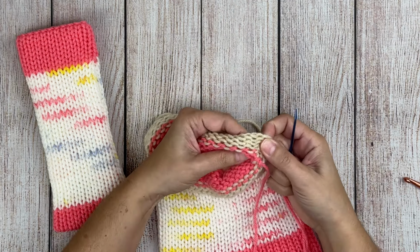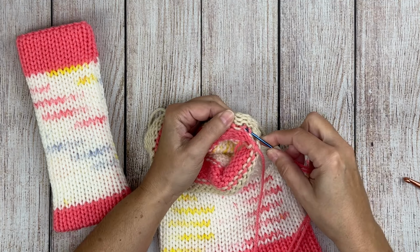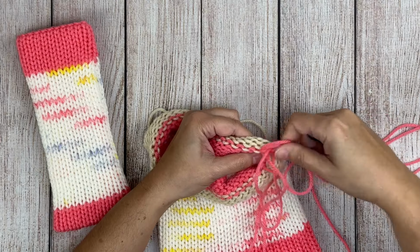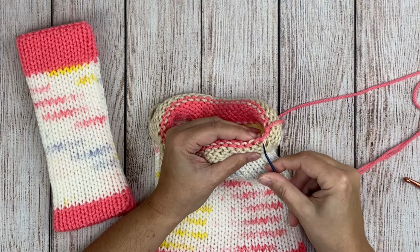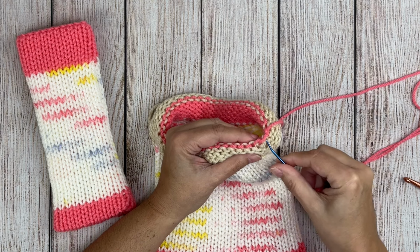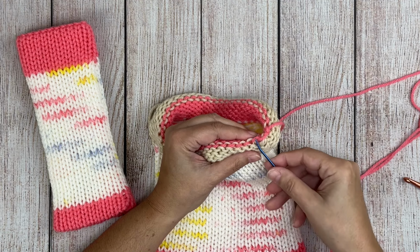Now on the top side we're going to go down through the tail stitch from the front to the back, and then the next stitch we're going to go back to the front and pull that yarn through. Again, the front side is considered the knit side of the fabric, the back side is considered the purl side of the fabric. Then what we'll do is go back to the bottom side and repeat this, except we're going